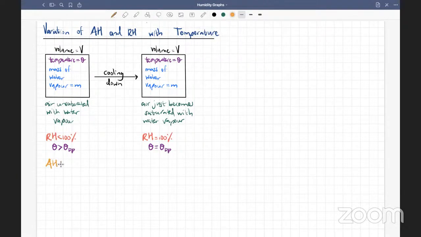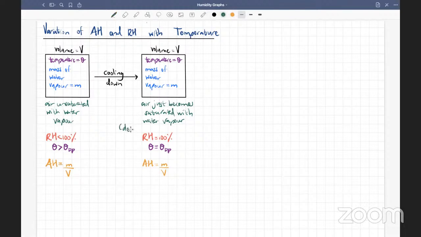AH here will be equal to mass of water vapor, that is M, over volume of the system, V. And here also absolute humidity will be equal to mass of water vapor over V, because mass of water vapor will not change as it will still remain in air. We are not adding or removing water vapor. Whatever grams of water vapor we had here, we will have the same amount here because dew is not yet formed. Air just becomes saturated with water vapor,